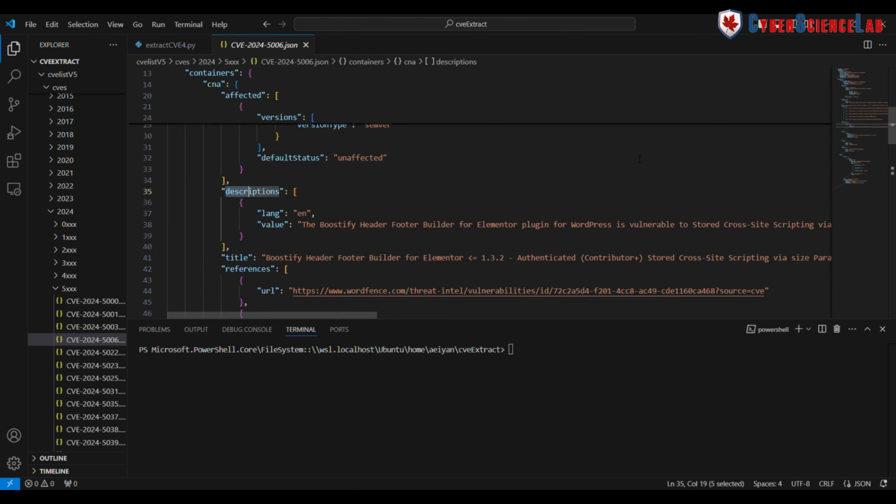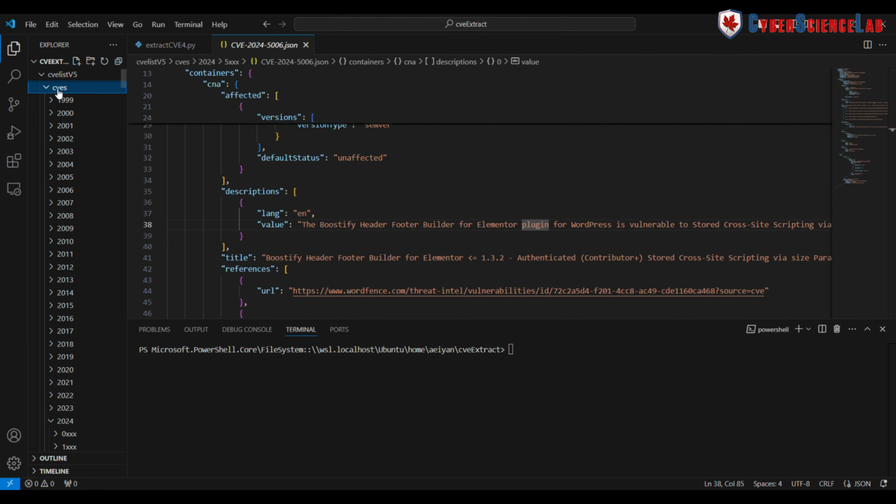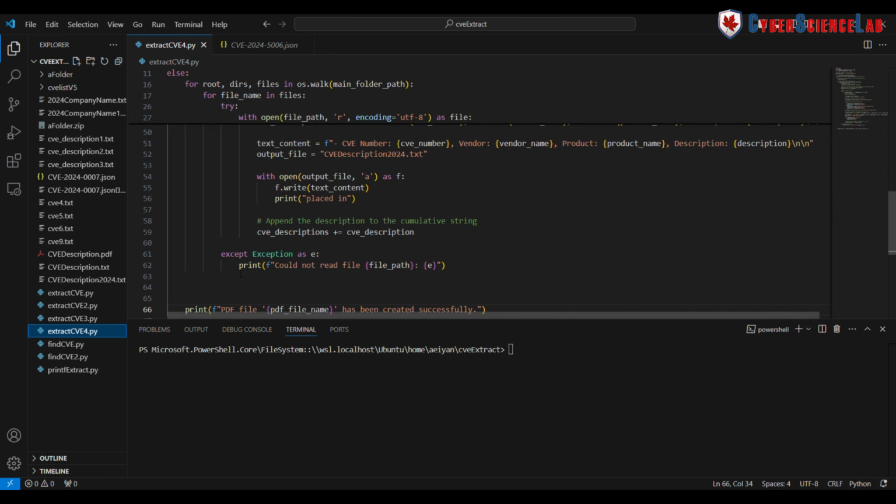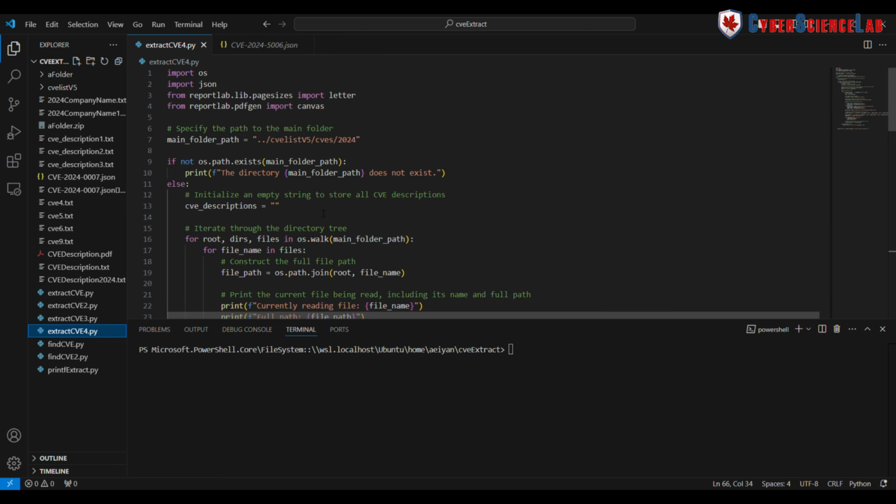Now, how do we get this all into a single file? Well, I made a Python script called extract_cve4. It might be named extract_cve on the Git repository when I publish it. With this, what it does is that I have the folder path. Yours might be different. For example, right now it's extracting all the data from 2024, but you could do from 2024 to 2023. You just have to change the years each time you